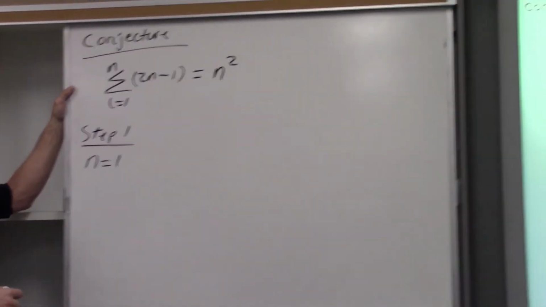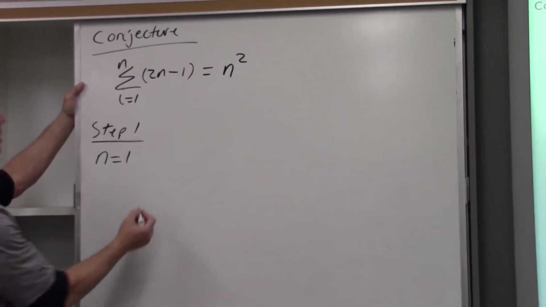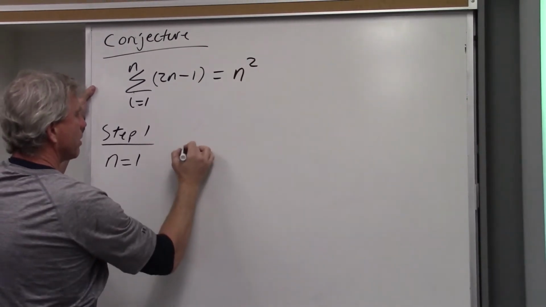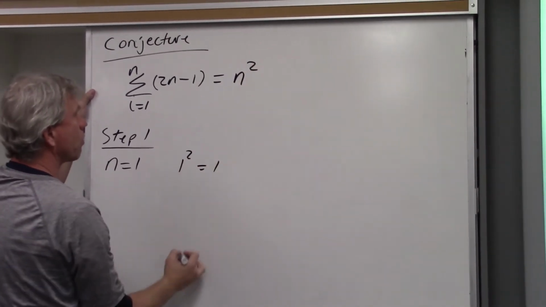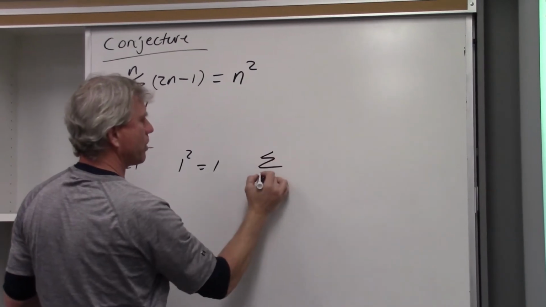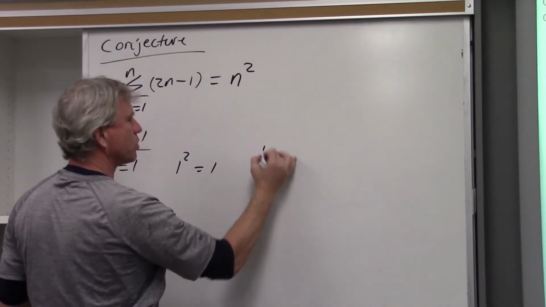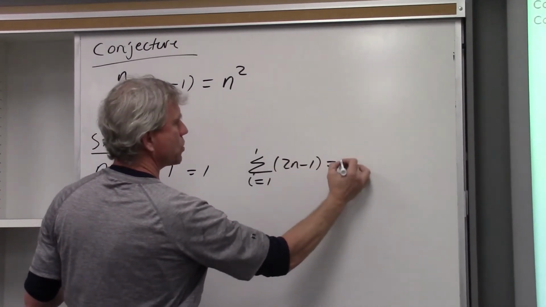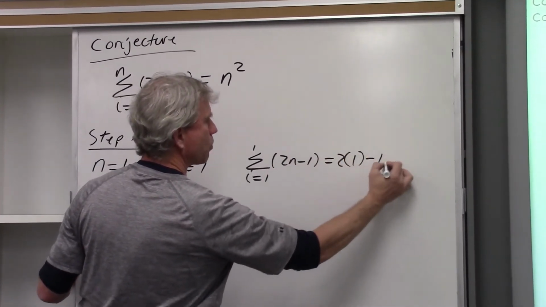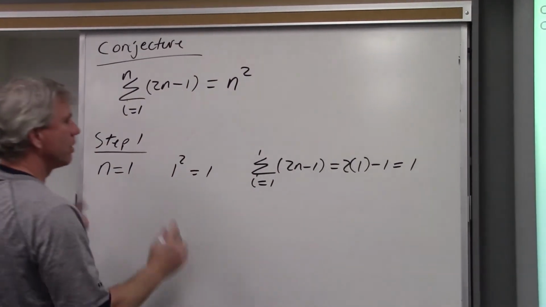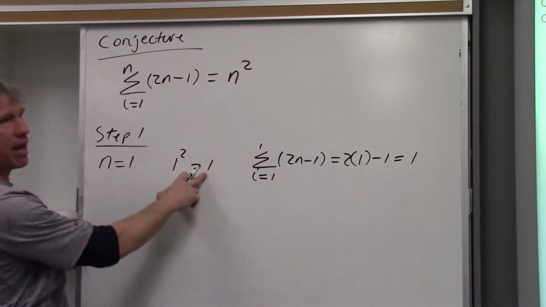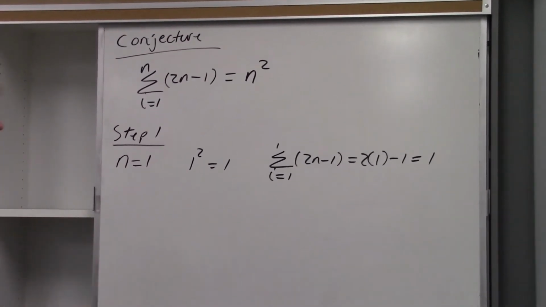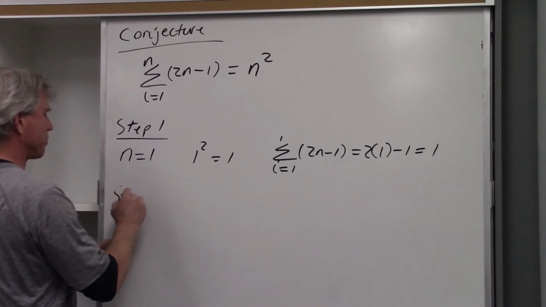In other words, when you're taking the sum of the first odd integer. And if we do that, the n squared would give us 1 squared, which is 1. And the summation formula would be the sum from i equals 1 to 1 of 2n minus 1 would just generate 2 times 1 minus 1 is 1. So the formula and the summation give you the same thing when n is equal to 1. Step 2,